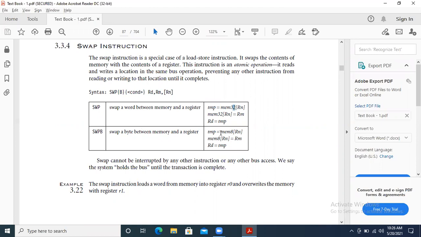So depending on whether I'm passing 1 byte or one word, 8 means 1 byte, 32 is one word. Depending upon your input value, you have to decide whether to use SWP or SWPB. That is the swap instruction.